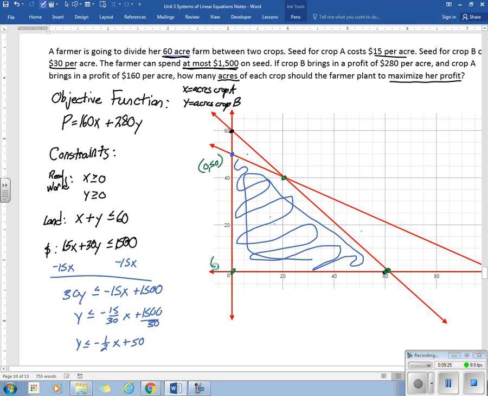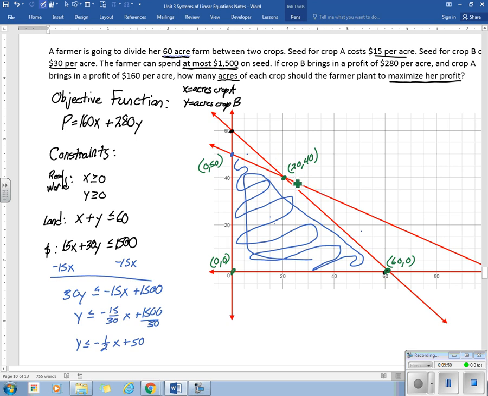So this one's at the origin, or 0, 0. This one's our x-intercept at 60, 0. And then it's just a matter of finding this intersection right here, and it does fall on 20, 40. Now, if you have Desmos or a graphing calculator, you can find that point pretty quick. Don't trust your graph necessarily, but this one, we could actually solve a system of equations if we needed to